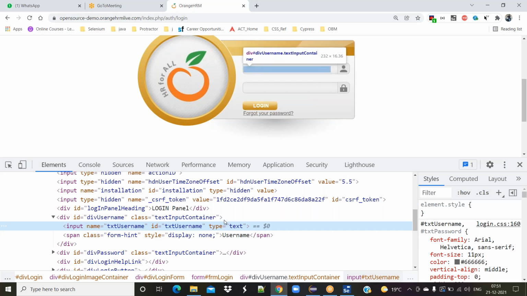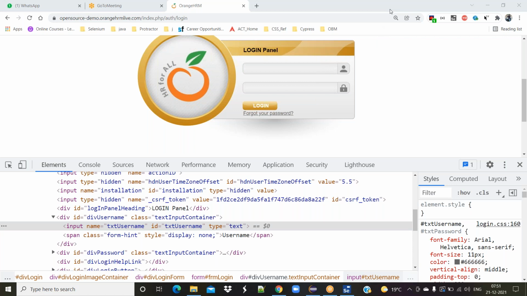So here, the attributes assigned to this particular tag are name, ID, and type. Here, name equal to txt username. This we used to call a value. This is the value of the name attribute. Here, txt username is the value of the ID attribute. Here, text is the value of the type attribute.